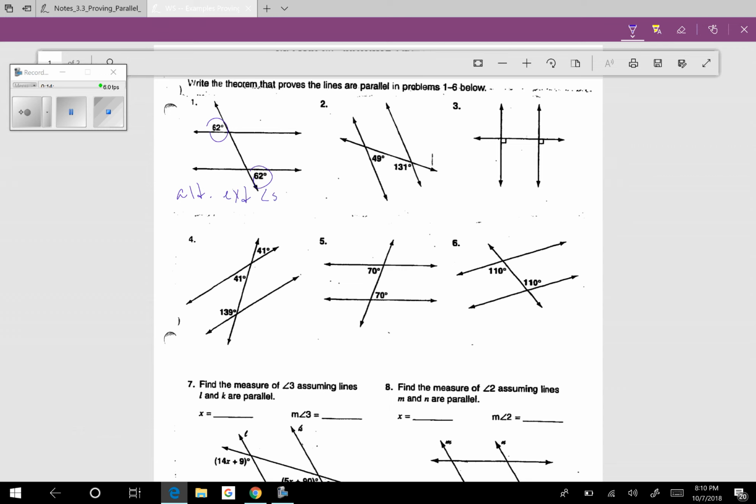Exterior angles are congruent. Lines are parallel. Okay? All right, let's do